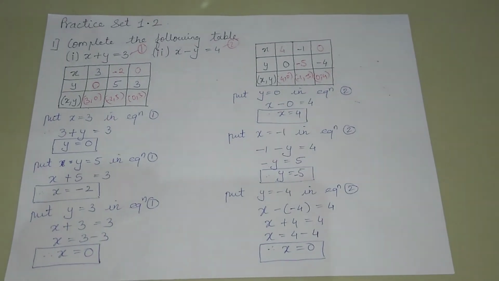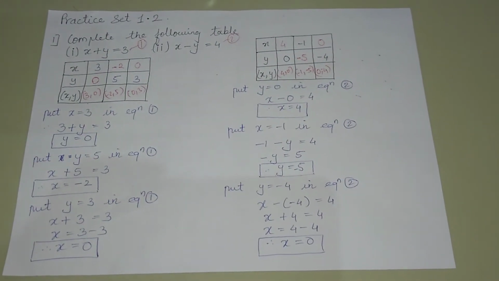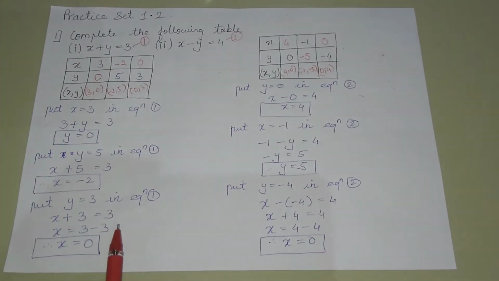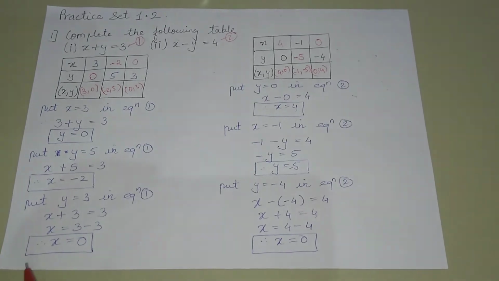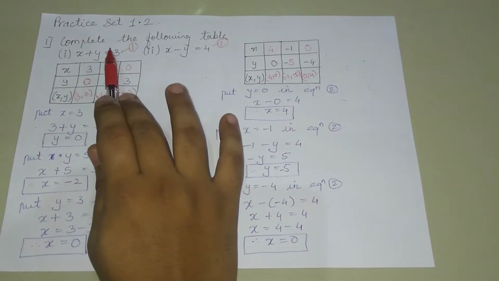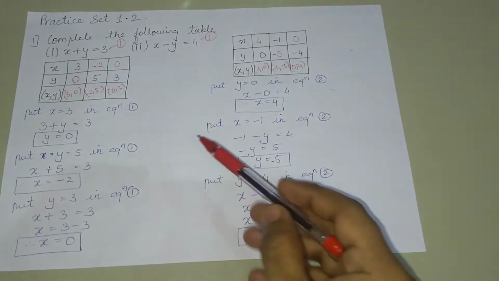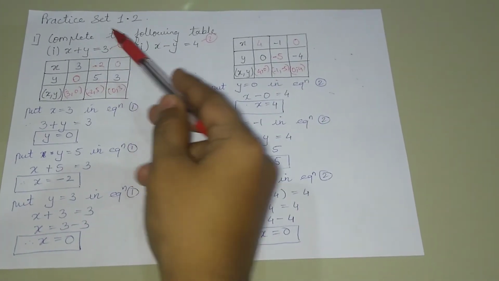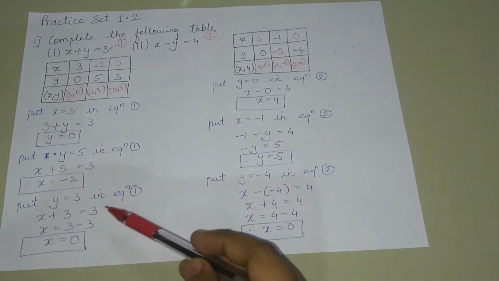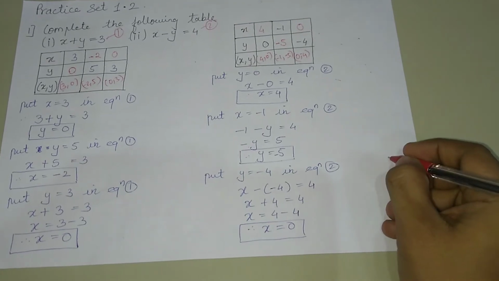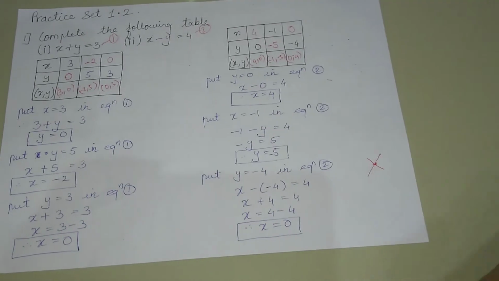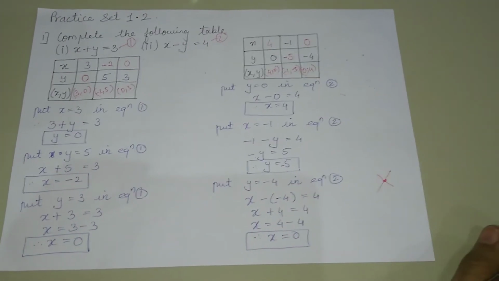Now we will see how to plot that on the graph. These points we will plot on the graph, and as I told you before, when linear equations are plotted on the graph, they give a straight line. Here there are two equations, equation 1 and equation 2. This equation will give one straight line, and this equation will give another straight line. The point of intersection between the two lines will be the required solution. Now we will see this through a graph.